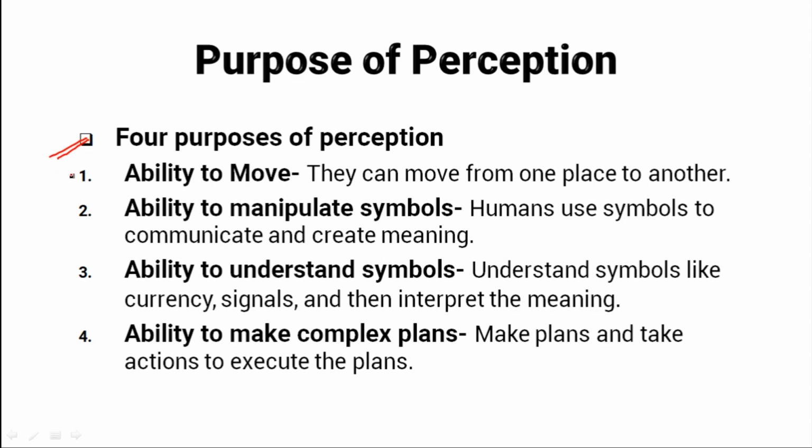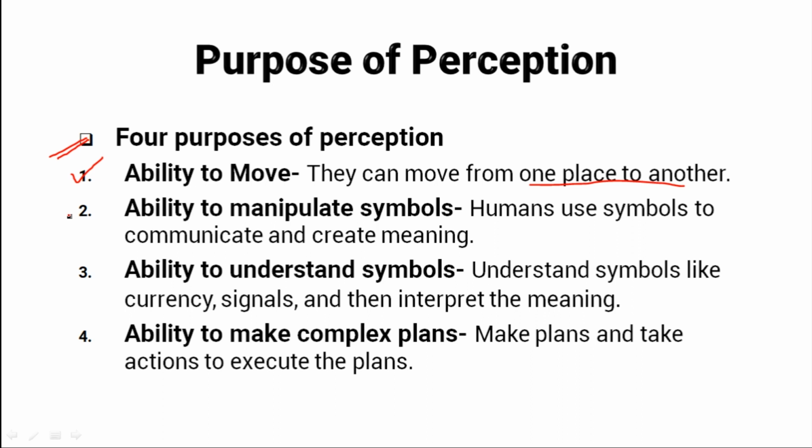So one of the 4 purposes of human beings is the ability to move. They can move from one place to another, unlike flowers which are rooted to the ground. When we move around, we need to navigate through different places, directions, and environments. This is where our perceptual system comes into play. It helps us understand where to go and where not to go by perceiving the world around us through our senses. For example, we can see and recognize roads, buildings, and landmarks to help us find our way.